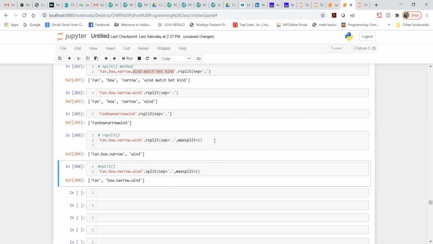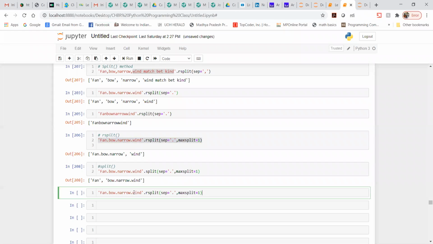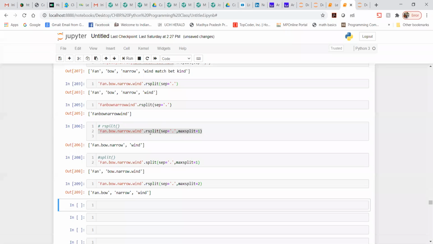If you still want to change the maximum split, then we can specify it as 2. Here I'm going to do this, and let me see. Yes, you can see wind and narrow. Now the maximum split is 2, so wind is one split, narrow is another split, or you can say one or two splits have been done, then the third one is left as a single piece.